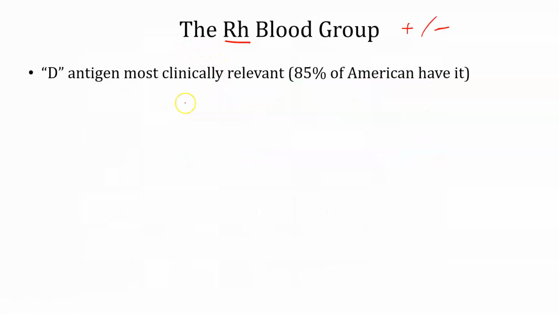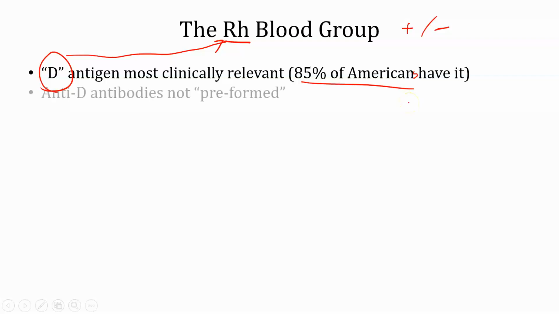Now, of all of the Rh antigens, there's one called D. It's a type of Rh. There's lots of different Rh types, but D is the most clinically relevant. About 85% of Americans have it. And what's interesting about the Rh blood group is that the anti-D antibodies are not preformed. What this means is,